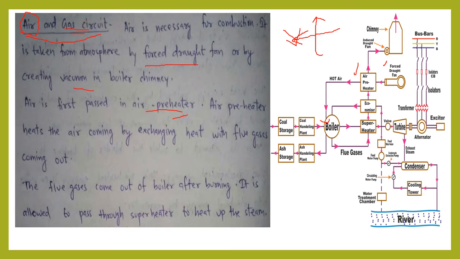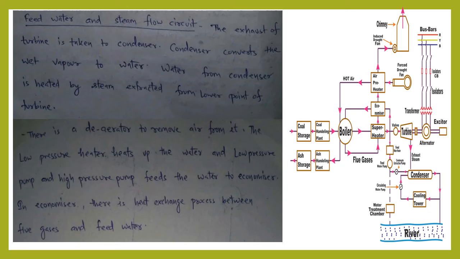Now the flow of gas would be there. So the flow of the flue gases is taken from boiler. Boiler is giving out the flue gases. The flue gases will go to superheater first. In superheater, we will have the steam produced by the boiler. So boiler produces the steam. It may be dry or wet. It is superheated in the chamber called superheater, in which we will again have the flue gases passing over the steam produced.